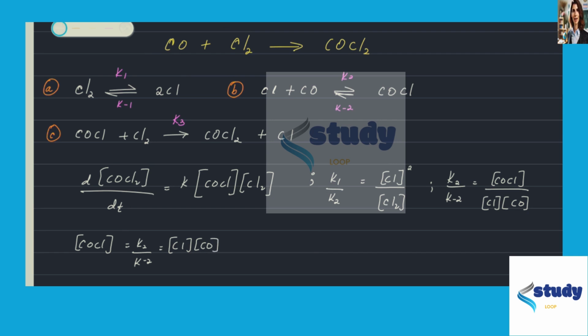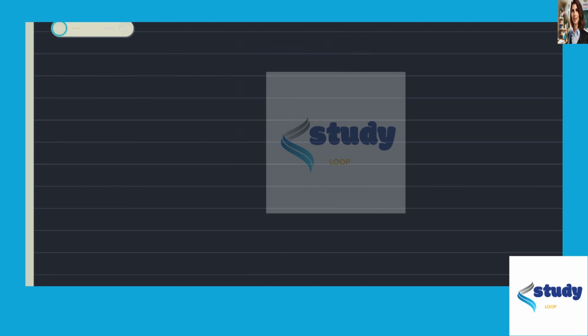Okay, so it's a slightly long illustration here. So we're looking also at K2 over K minus 2 into K1 over K minus 1, multiplied by Cl2 raised to power half, multiplied by CO. Okay, so therefore if you solve for this equation, you're going to notice that